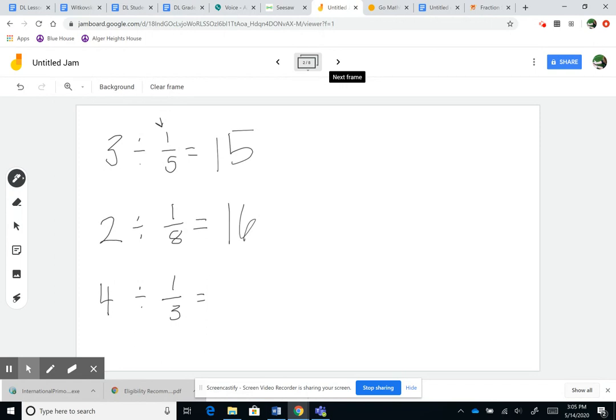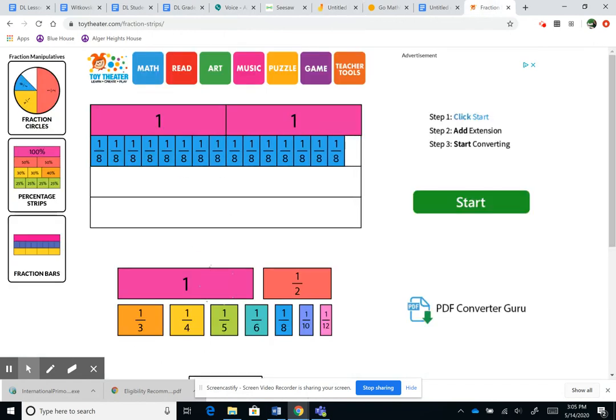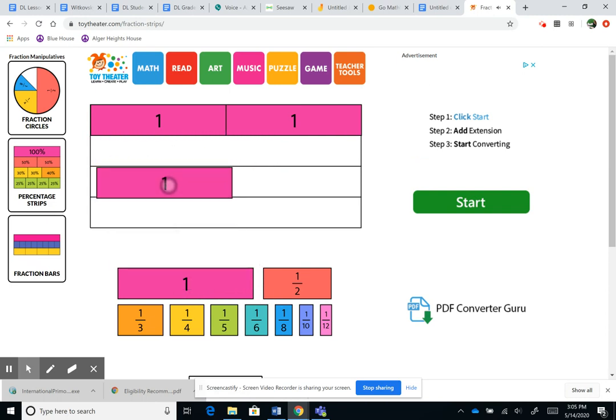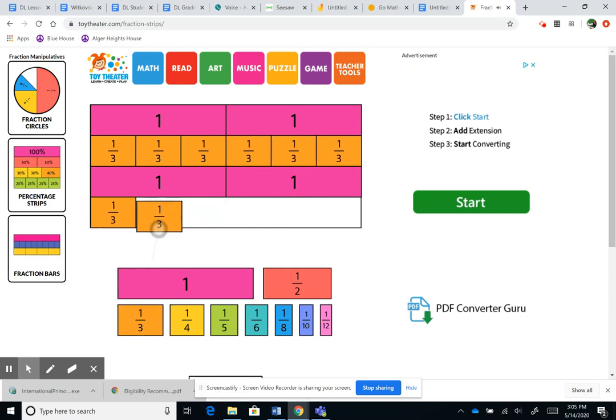Let's look at 4 divided by 1/3. I've got to clear all this off. All right, there are 4 wholes there, right? And we're looking at thirds, so those ones are orange. 1, 2, 3. Now we know that it takes 3 to fill a whole, and we have 4 wholes. So 3 times 4 is 12. So we should end up with 12. There's 6, 7, 8, 9, 10, 11, 12. So the answer is